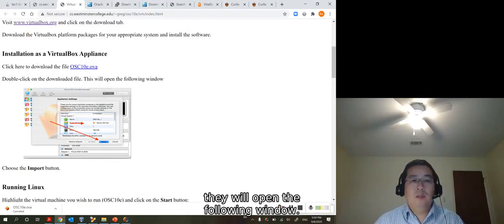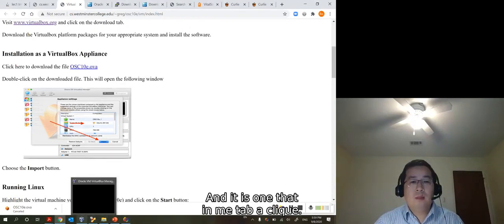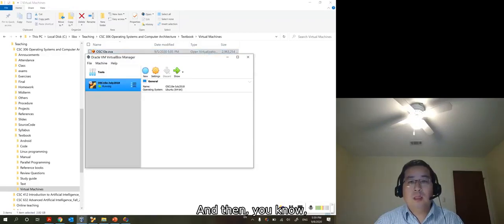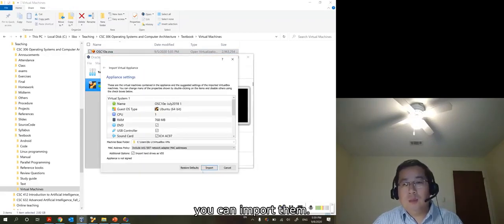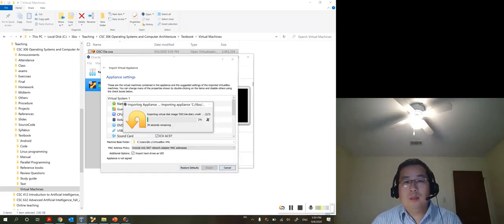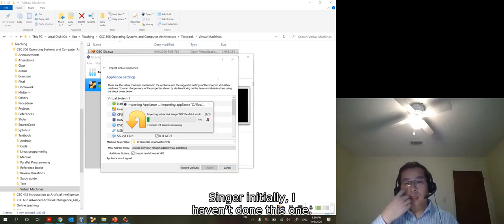You double click this one, and it will open the following window. Let me double click. And then you can import. Let me import this virtual machine into the VirtualBox. I think initially I have done this one.